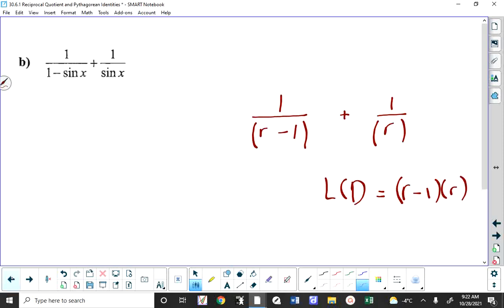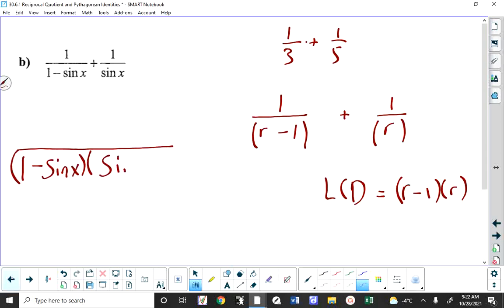We're going to do that. So this would be similar to me having 1 over 3 plus 1 over 5. There are no factors that 3 and 5 share. So the common denominator would have to be 3 times 5. That's what I'm getting at here, is the common denominator will have to be equal to 1 minus sine x